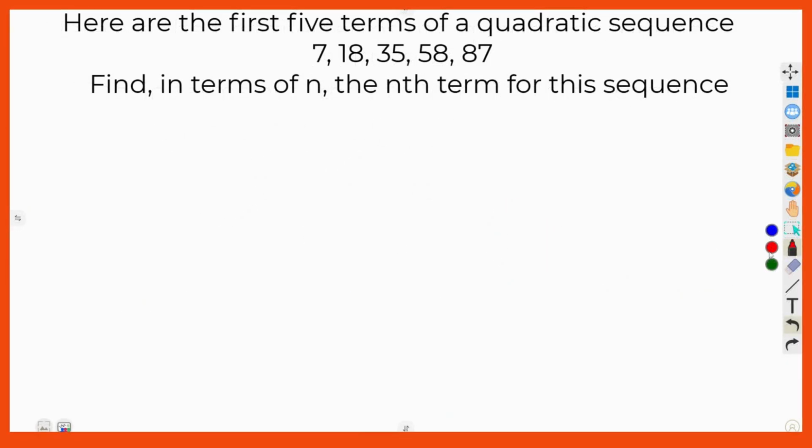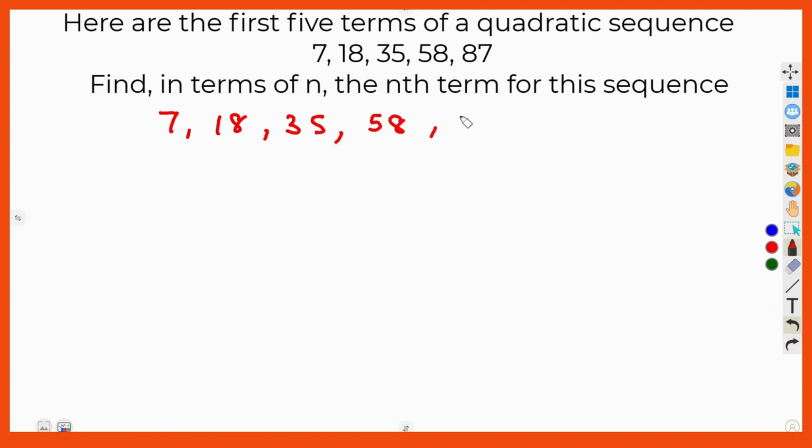Right here now we have the first 5 terms of a quadratic sequence: 7, 18, 35, 58, and then 87. Find, in terms of n, the n term for this sequence. Alright, so to begin, first we need to write out the sequence, which is 7, 18, 35,